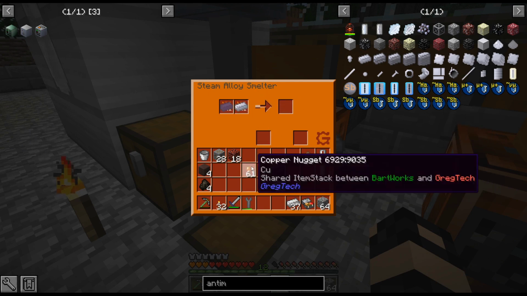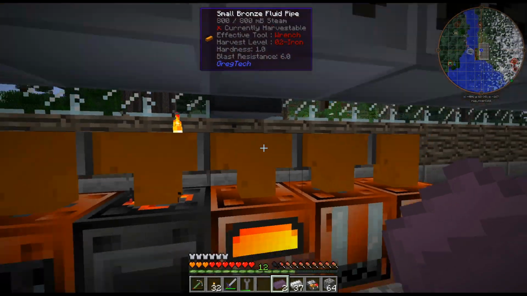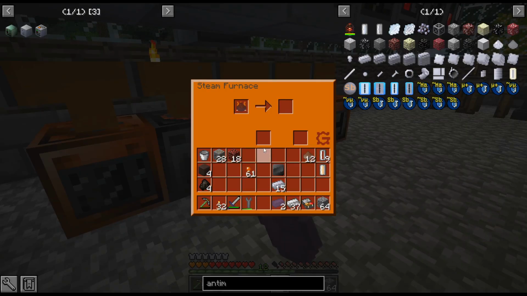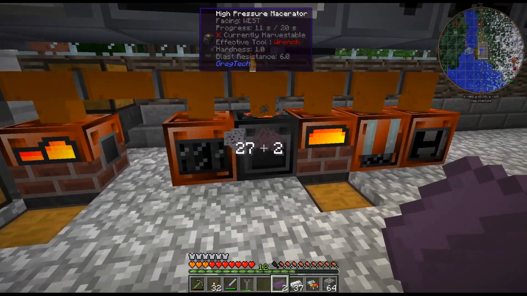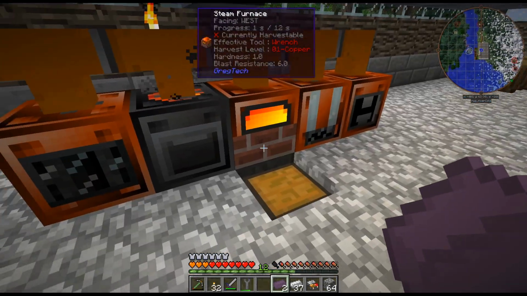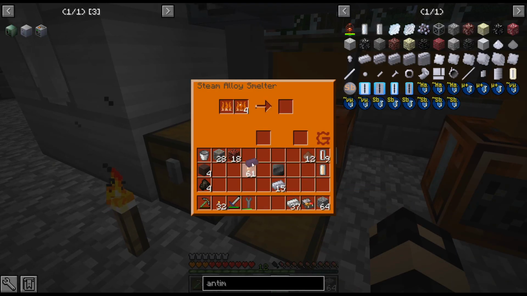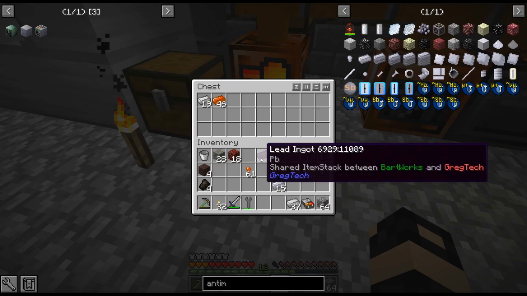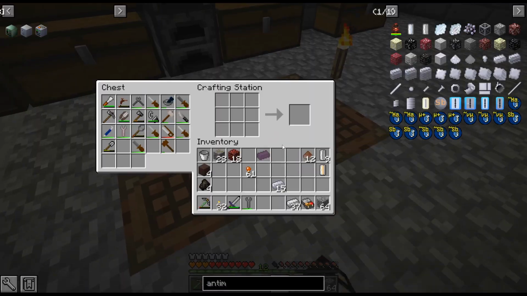Throw that in there. I am looking forward to having some faster machines. But again, I just didn't really want to waste resources upgrading them when I can just upgrade it to... Oh, it's 4. Is it 4? I thought it was 5 for some reason. I get 5 ingots at the end, I believe. But yeah, that will be that, and then I need...